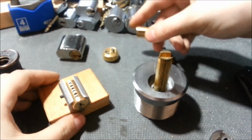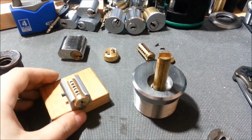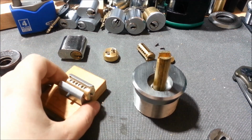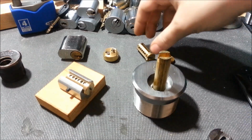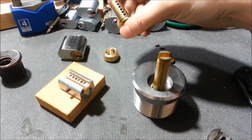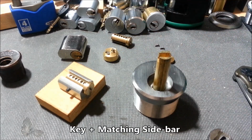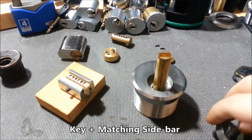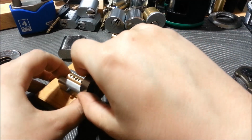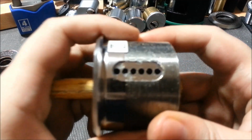Either way I went, I would have had one extra core that I wouldn't be able to do anything with. This way here they're both still functional, and actually this one's untouched, so if I do ever find a key for it, I can get it to work again. But that's just one. That's the only modification I did, but the other thing I did to this lock, when I got it,